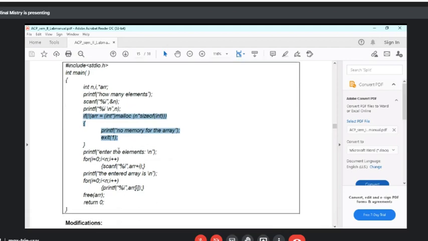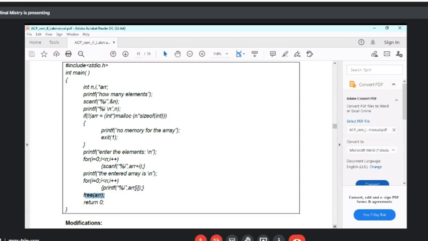Once memory has been allocated correctly, the next thing is to print the array elements. So for printing the array elements, first these elements are scanned, and after that again the elements are printed, right? arr of i, and after that the array space is freed, right?